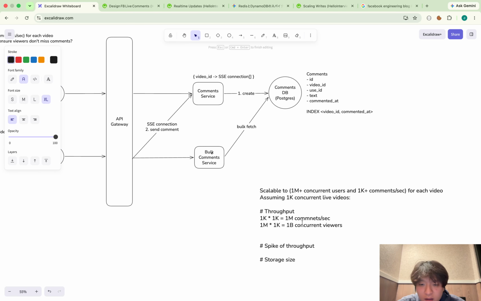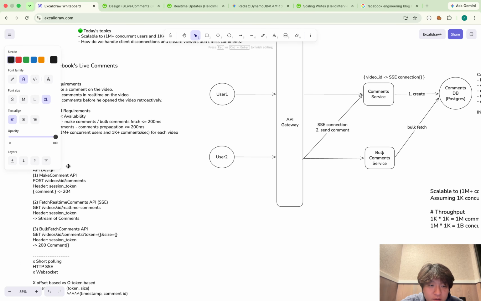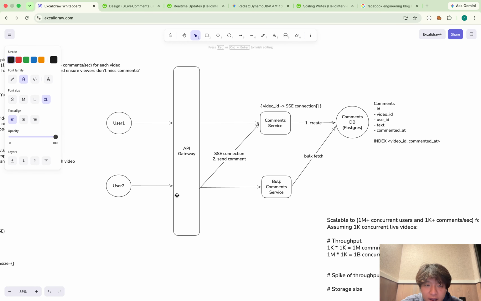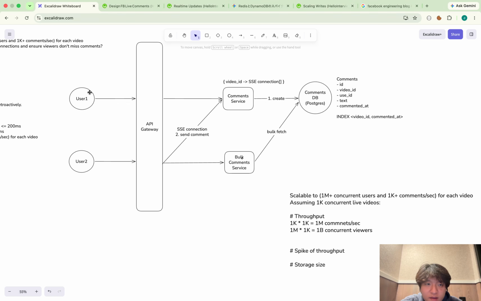Firstly, for the post comment API, this is 1 million comments per sec. When I take a look at this comment service, user 1 makes a request, and for the API gateway this is fine because it internally scales out. The API gateway is a cluster of servers internally, so it can scale out. Then this comment service experiences 1 million comments per sec.